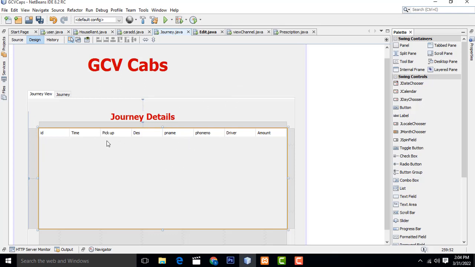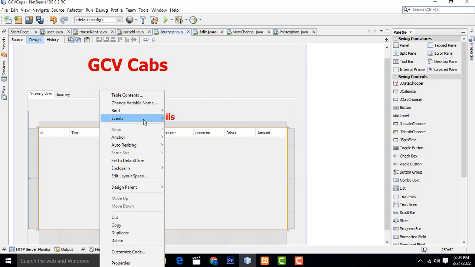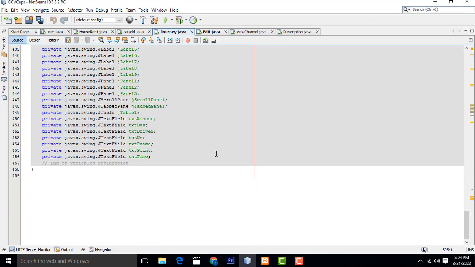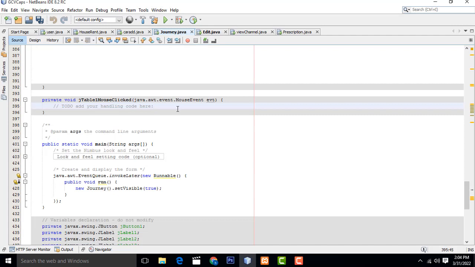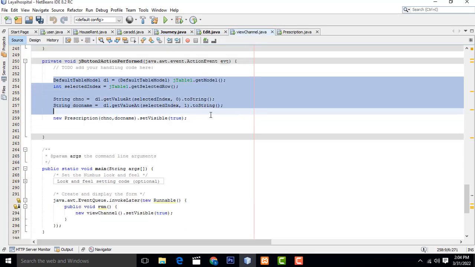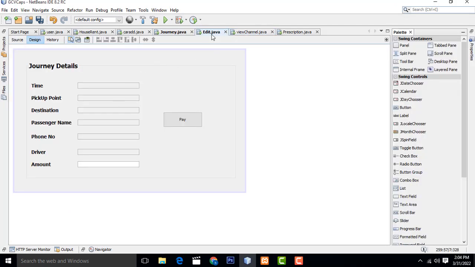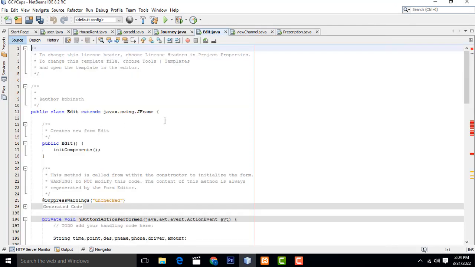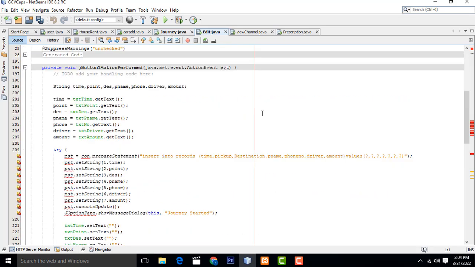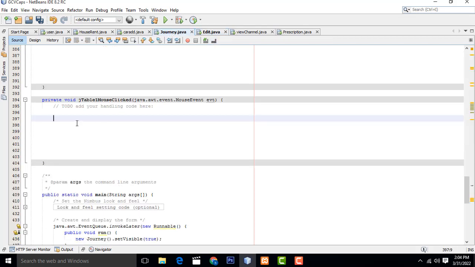So what you are going to do is you have to select, right click, event, mouse click event. Here, first what I am going to do is we have to copy these lines. I will explain it. Don't worry about that one. Sorry, not here. Right,